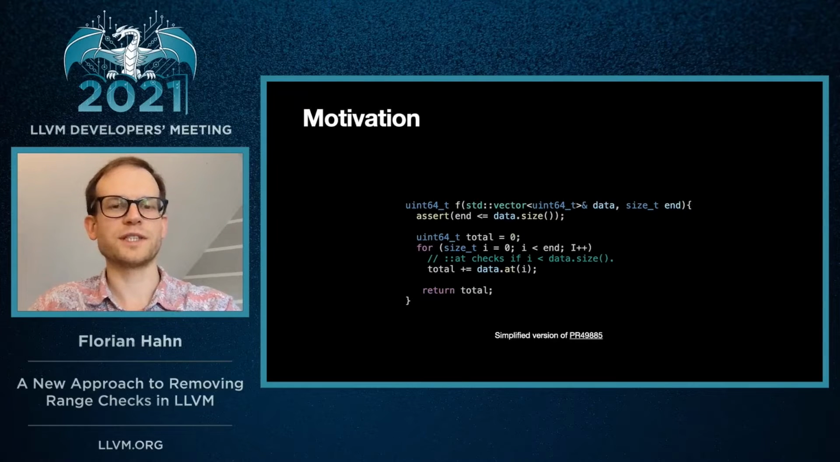The function takes a vector and an end index as arguments. It then iterates and sums up all the elements up to an end index. Note that the add accessor is used in the loop to access the elements in the vector, and this accessor first checks if the index is in range. If the index is not in range, it will abort the program. So here we have an integer range check in the loop,